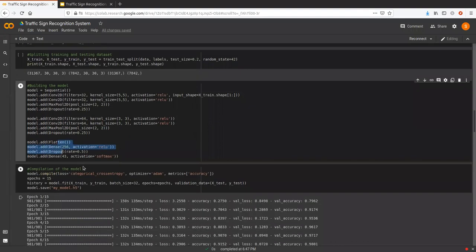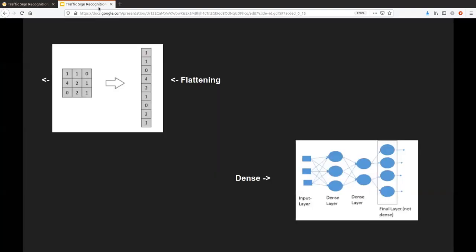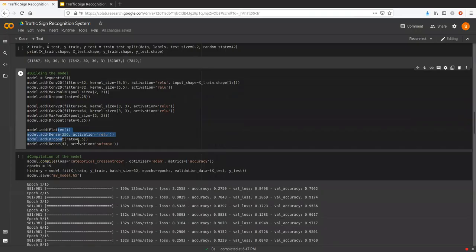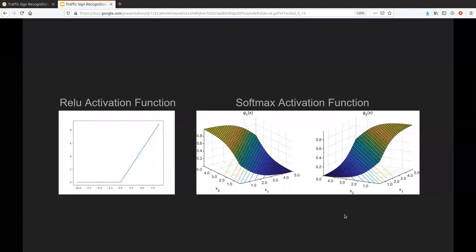We've used some activation functions here and there. ReLU I explained earlier, and softmax is a similar one, which we have applied over here. The final layer is also dense layer, and it has 43 points, which means the 43 different categories we have in this case.